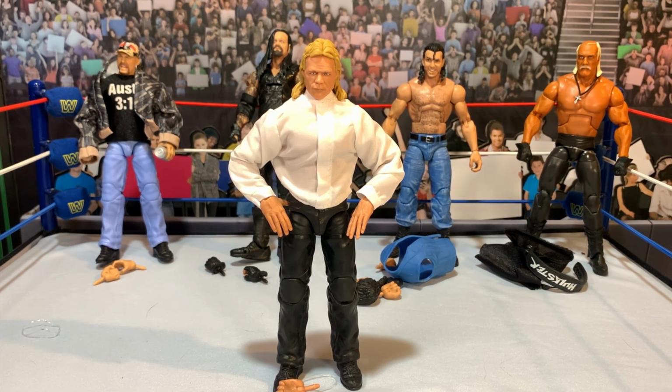If you are a fan of the Attitude Era at all, I think this is an easy buy for these. Individually, I think that I really like the Austin, really like the Scott Hall. I like the Hulk Hogan. Obviously, it's pretty plain, but that moment is very iconic, especially just the Attitude Era, if not just wrestling itself. The Undertaker figure, I think is fine. I like what they put into it. I like that they gave us that older torso. They gave us the Ultimate Edition legs. It's just the head, I think, looks, maybe if the head was sized a little bit differently, I'd like it. I just think it looks a little goofy on that body, but overall, and then including the Lex Luger Build-A-Figure,